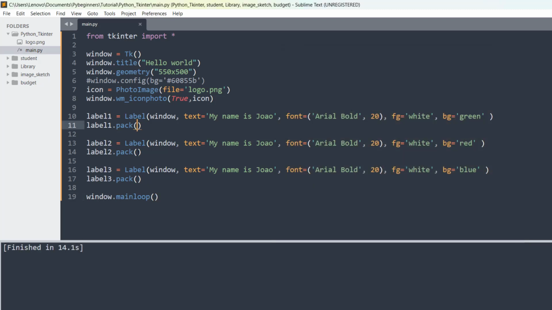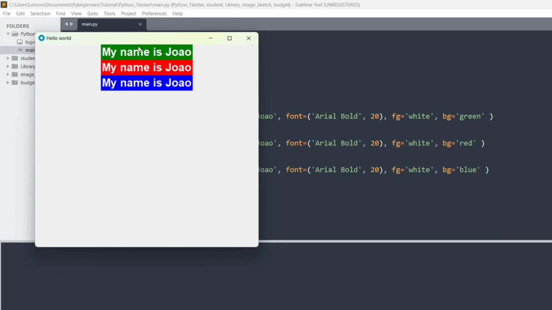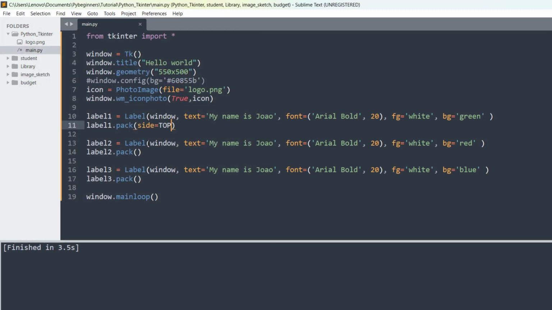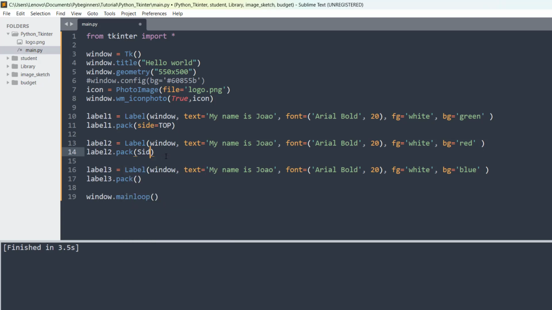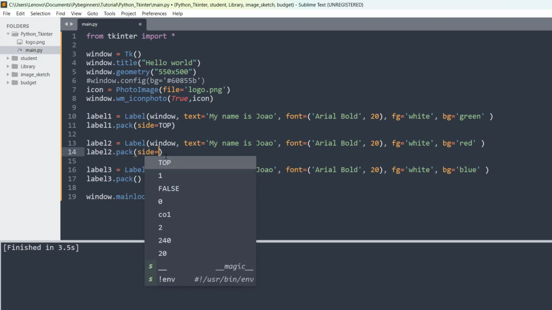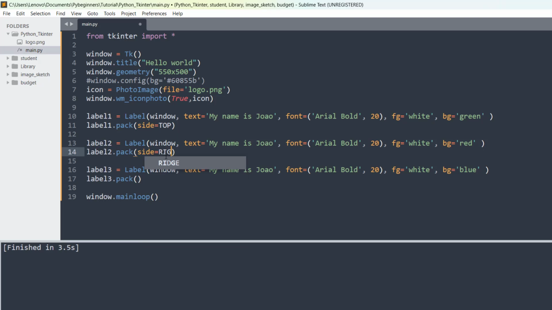For example, if I keep some option, for example, this one, I can say something like side equal, I can say like top. Okay, this way, if I save and I run, it's already in the top, so that's why nothing changed. And if I come, for example, on this one, if I said side, oh, I made a mistake, everything must be in small letters. Okay, but if I say side equal, and I can say, for example, right, I think this is